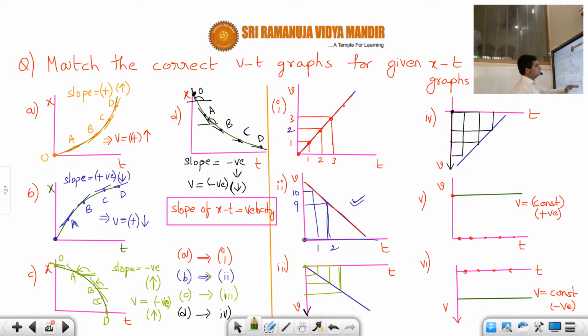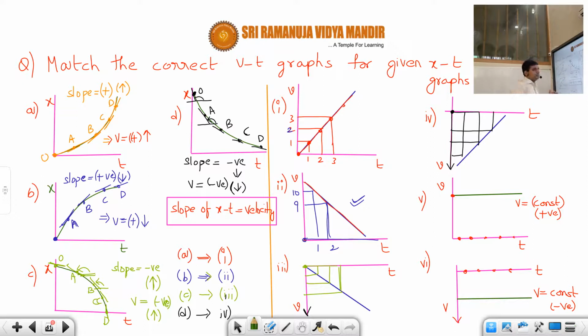Here V is positive in the sense that you should not see the slope, students. Here V is positive means above, and the slope should decrease, correct or not? So as time increases, velocity is decreasing. So you have to be careful when going from VT to XT, students, very very important. You should pay very careful attention, otherwise you will make a mistake. Instead of seeing the magnitude of velocity, here you will see the slope. When you are converting from VT to XT, you should be careful. When you are converting from XT to VT, it is very easy.